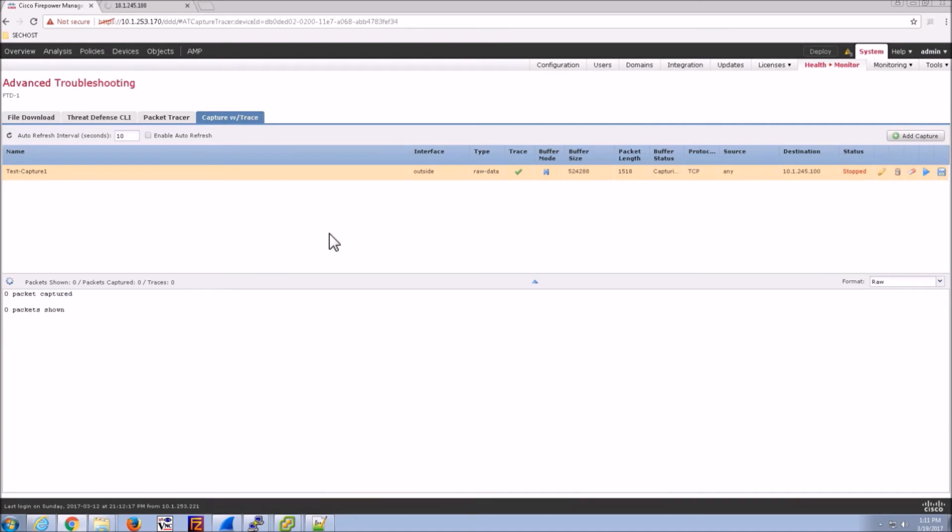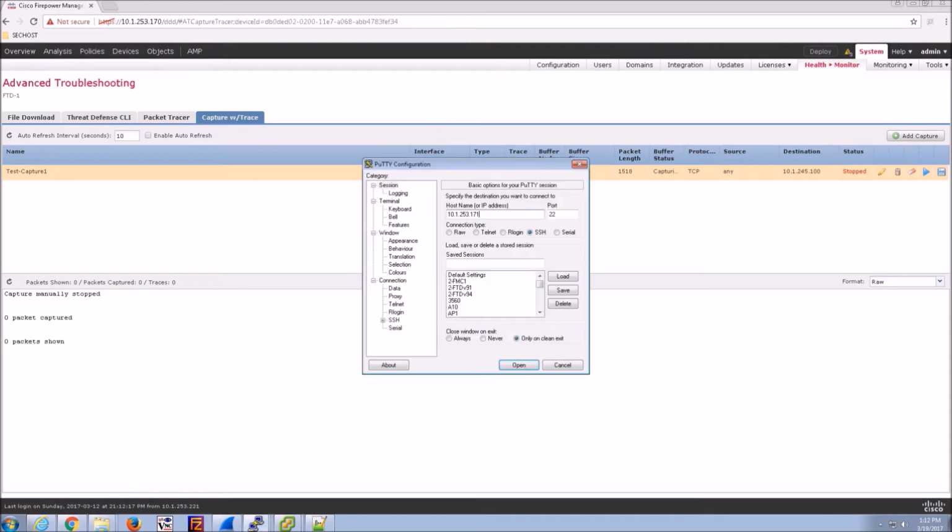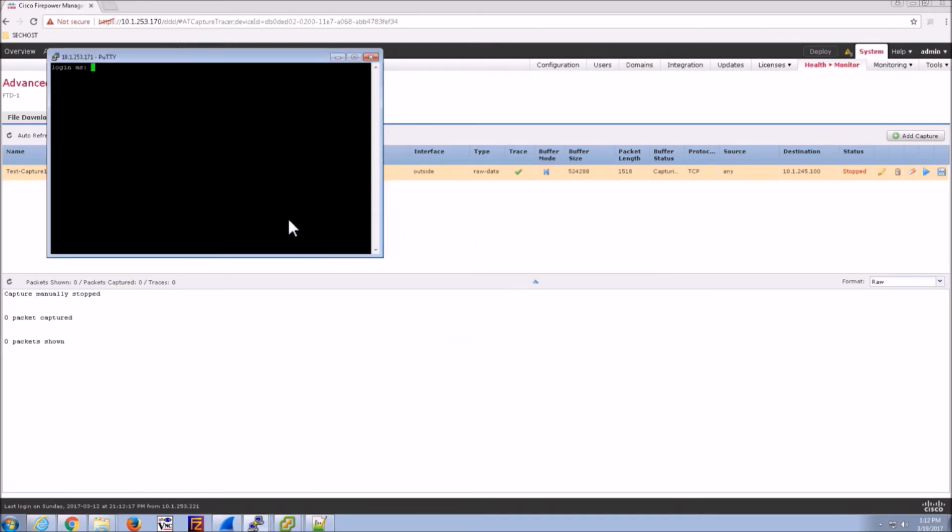Because we're not capturing anything. So in order to do that, we're going to have to create a policy, right? And we'll do that. But before we do that, we're going to quickly show you how you could jump onto